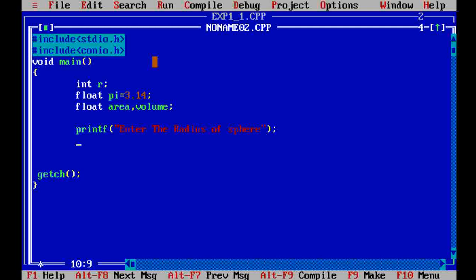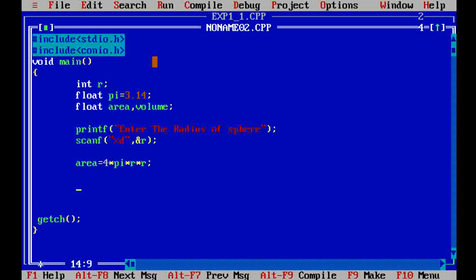and by using the scanf function we will get the value of r, that is radius. So we write here ampersand r. Once we get the radius, then we process the formula, that is area. Area is equal to 4 multiplied by pi multiplied by r multiplied by r.